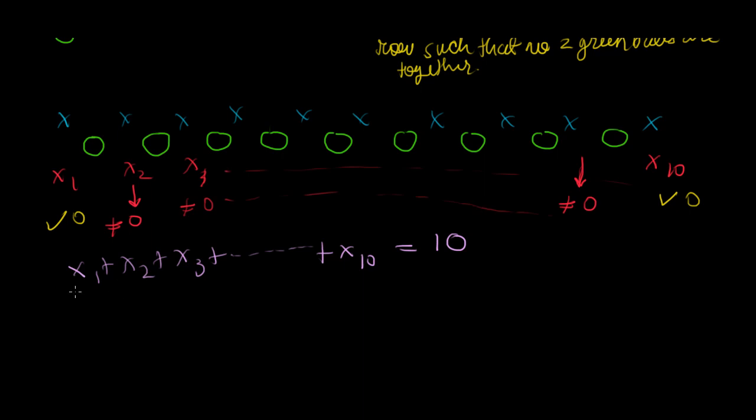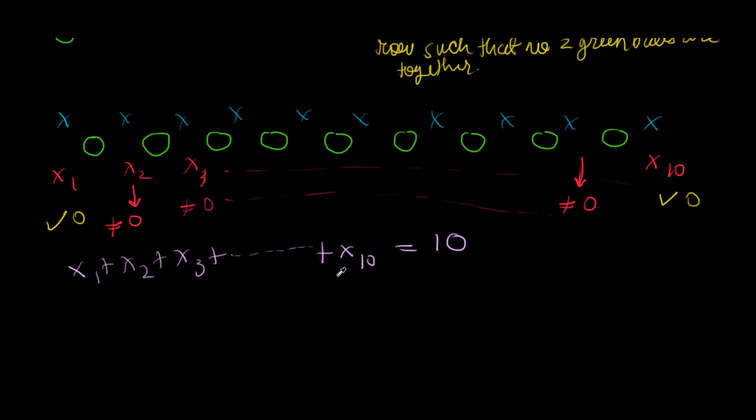So no matter how many red balls I put in any gap, the value of x1 plus x2 plus x3 and so on should remain constant, and that is equal to 10 because the number of red balls is unchanging, right? So I claim that the number of ways to fill these balls is the number of positive solutions,